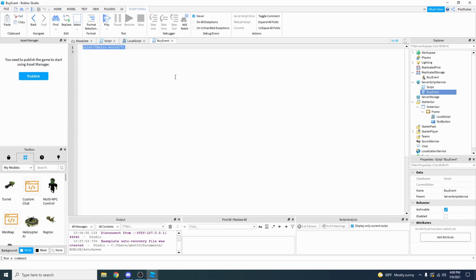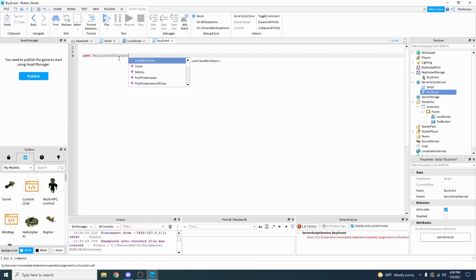Go ahead and delete that on top, the famous print, and here's where we're going to listen for that OnServerEvent. So we're going to type game.ReplicatedStorage:WaitForChild("buyEvents").OnServerEvent